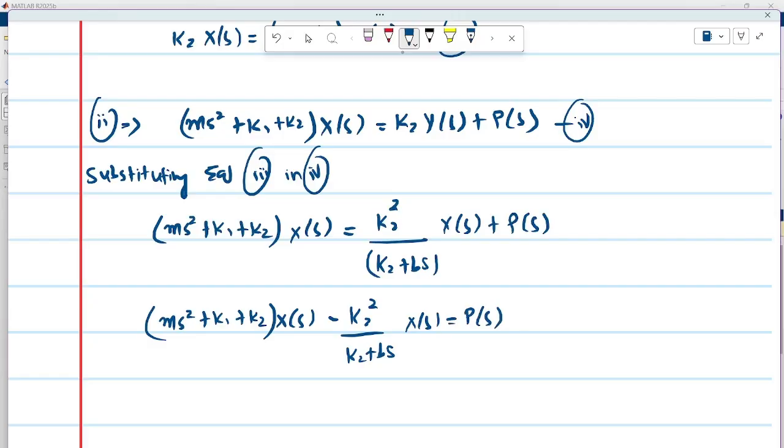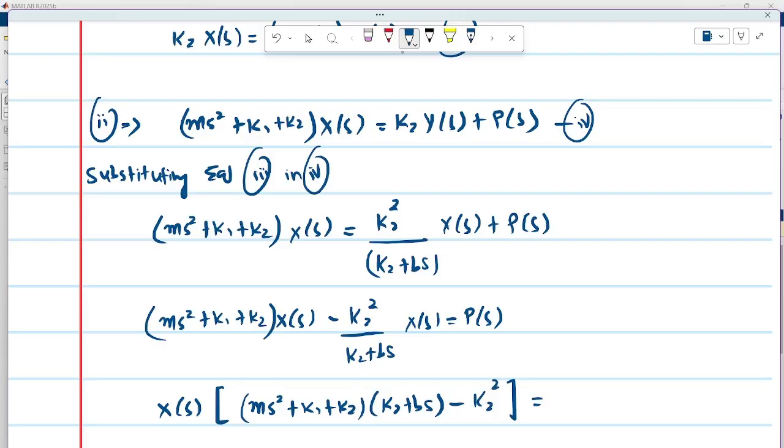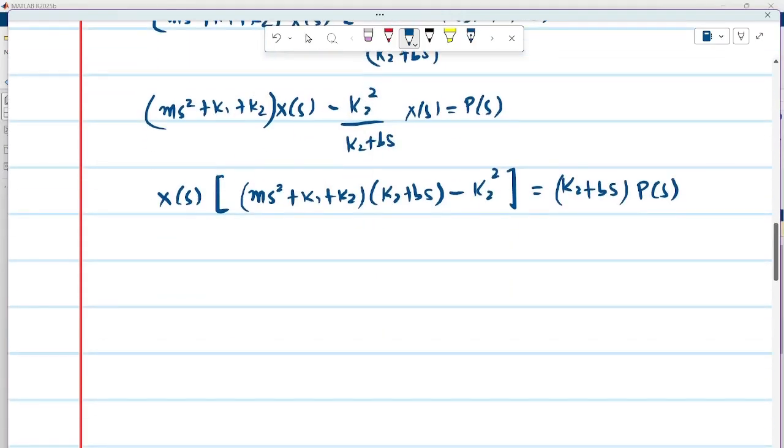So this is what we have, and now what we can do is take common X of s, and you have to multiply this on the other side, it will become ms square plus k1 plus k2 into k2 plus bs minus k2 square equals, and you can take the denominator on the other side. I'm doing these steps directly, I hope you are following with the maths, into P of s. So now we can find the Laplace transform output over input, so it will become X of s over P of s,